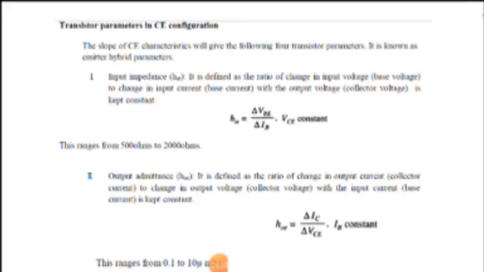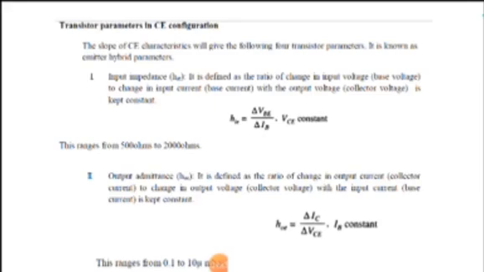So here also we have three regions. One is the active region, the cutoff region and the saturation region. In the case of the active region, it is defined by the biasing arrangements. In the cutoff region, there will be zero current. In the saturation region, there will be an increase in the current. And the same